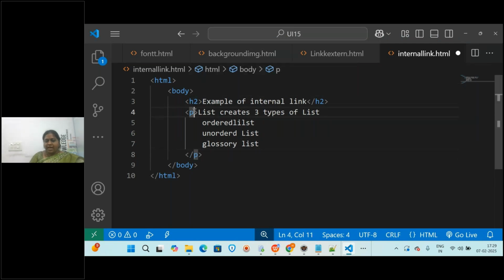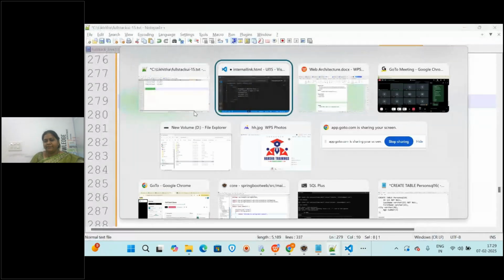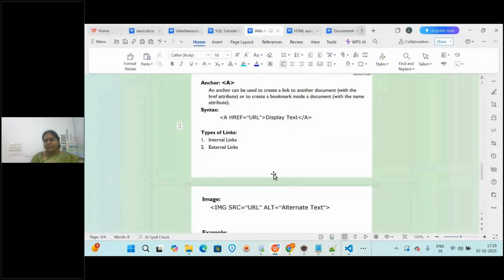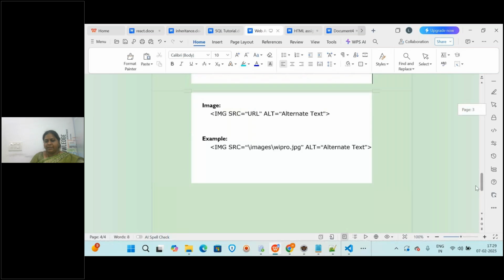Now here I will be providing some name to it as a bookmark. One name to it, which will be considered as one bookmark. And whenever you click, it will be opening that particular bookmark or that particular location.